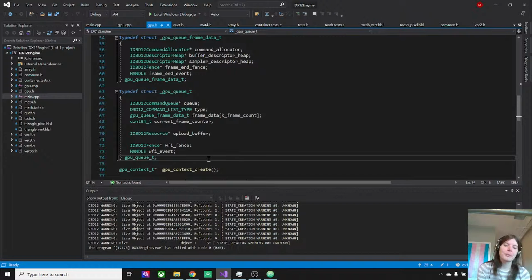We can also take this opportunity to build some structure around setting up our root signatures. I'm not going to bother with that right now. But a thing we can do eventually is,